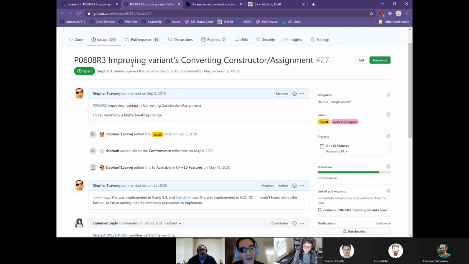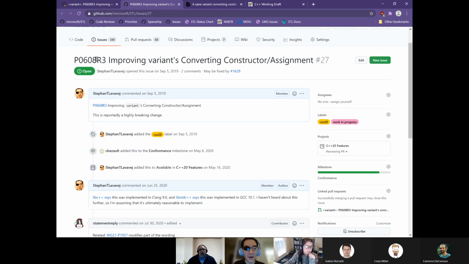As usual, we have filed one issue for every remaining feature being implemented. So we label those all with C++20. This links to the paper in question, P0608R3. It's nice to be able to record extra information in the issue, like, oh, this was patched by later papers A, B, and C, or LWG issue resolutions, or here's the feature test macro, here's issues we